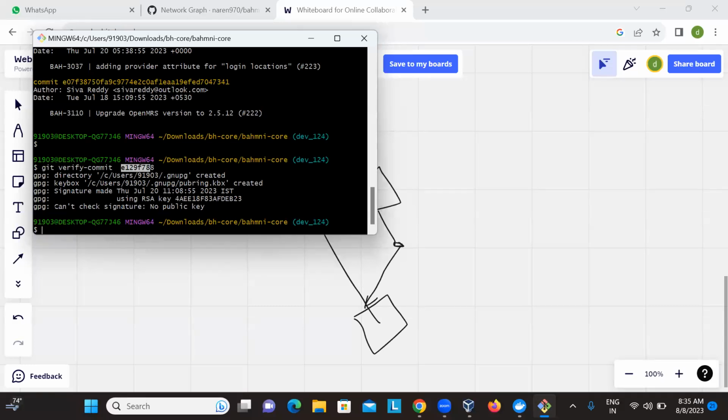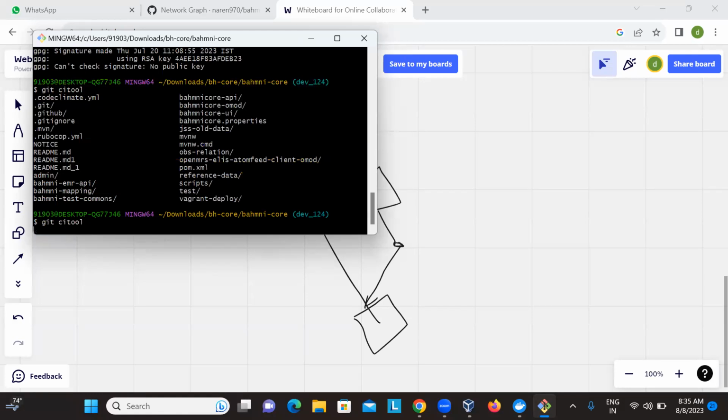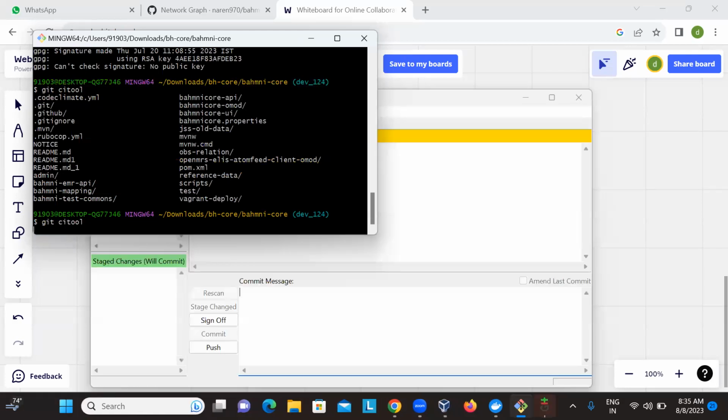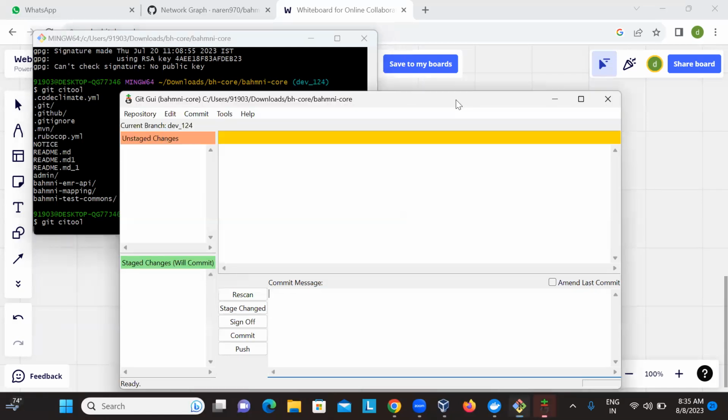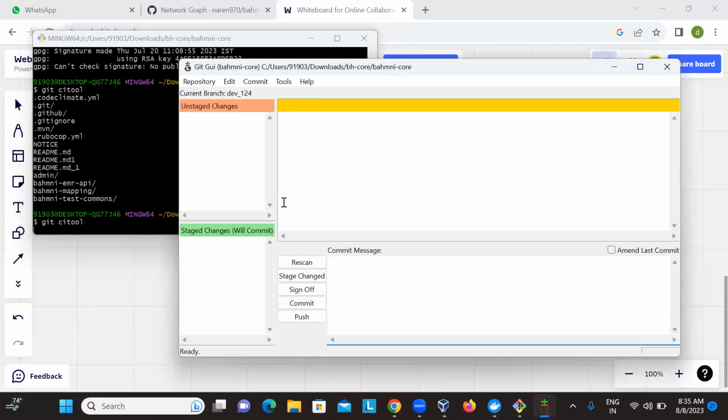Another one is, what does it do generally? It will open the merge tool basically. This would be handy when you face a merge conflict. What we have just done is, this is a graphical user interface which will work especially when you do